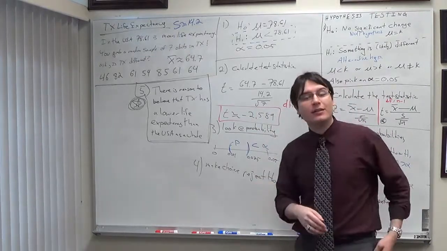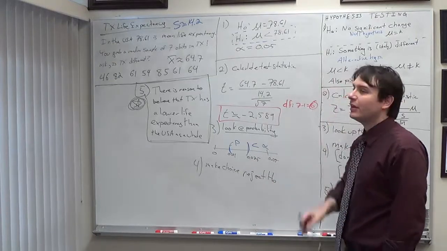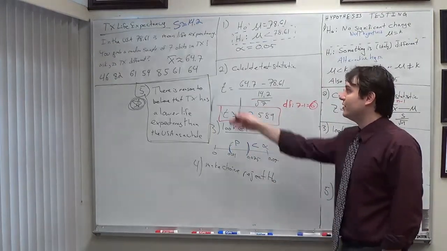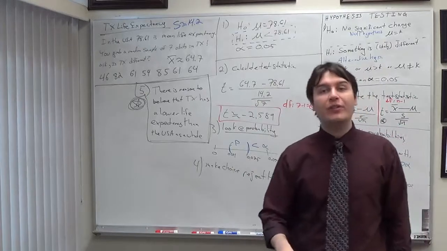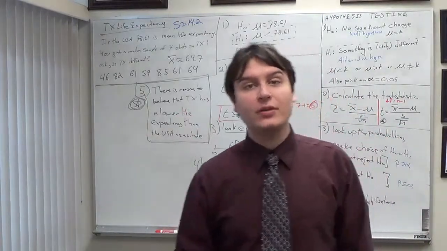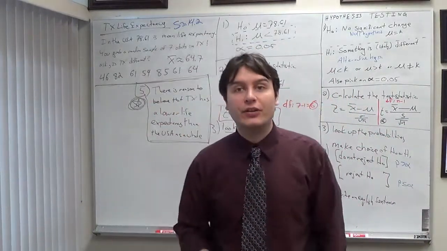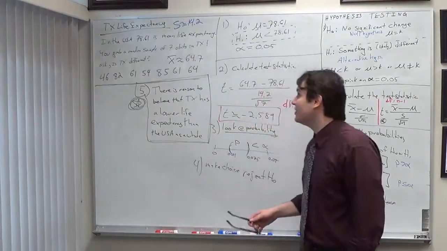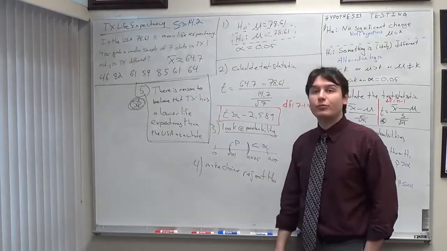And that's what our data lets us say. I can't tell you that it's 64.7. If I wanted to do that, well then I should go back to Module 7 and we should build a confidence interval for this. I can't tell you that we could maybe try to figure out some range where the